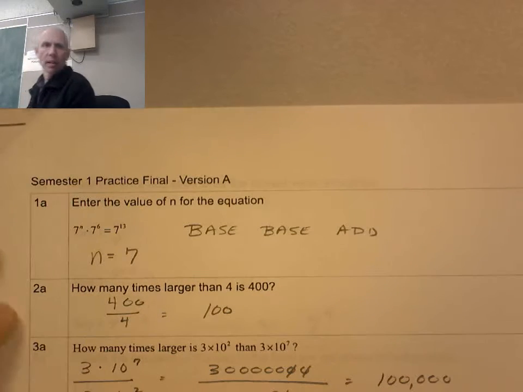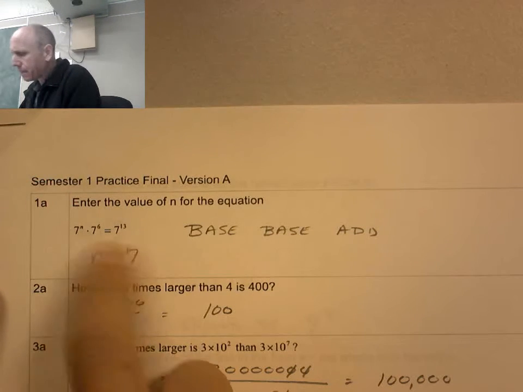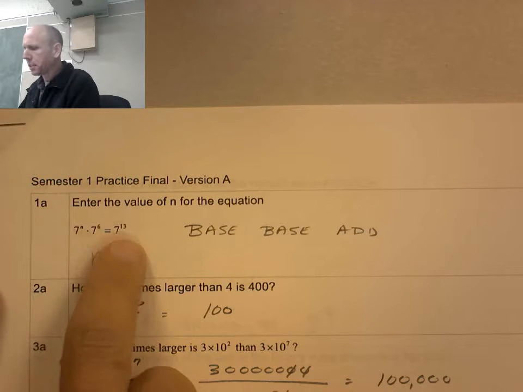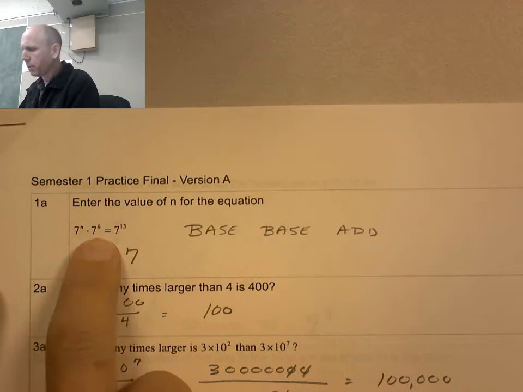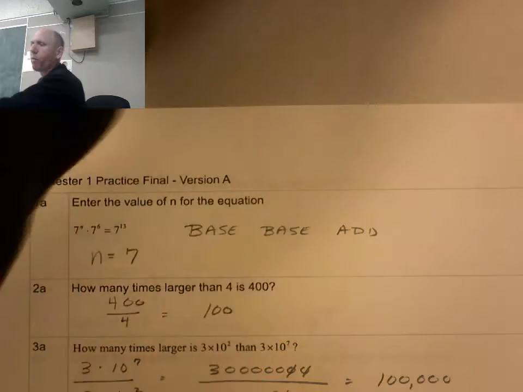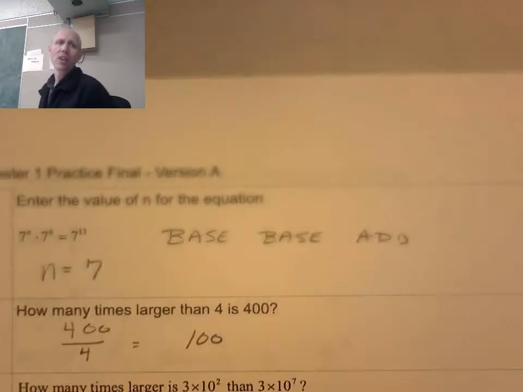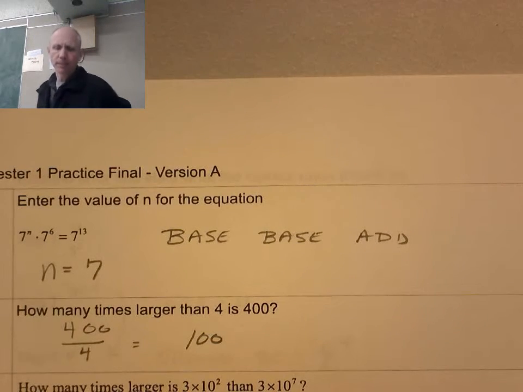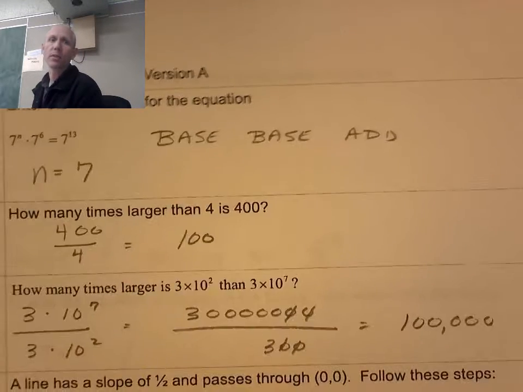Okay. Here we go. Base, add. So something plus 6 has to equal 13. 7 plus 6 is 13. That worked. Once again, this is not really a teaching video. This is just a quick go over it and give you some pushes in the right